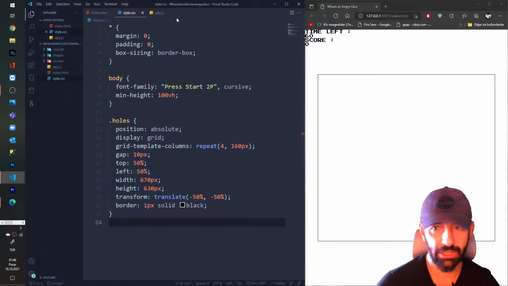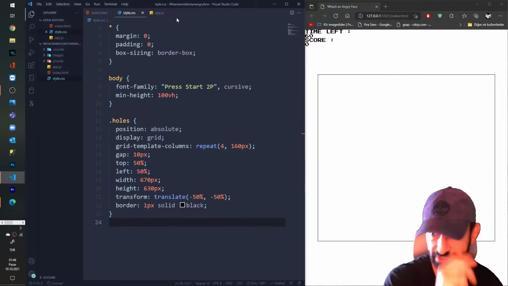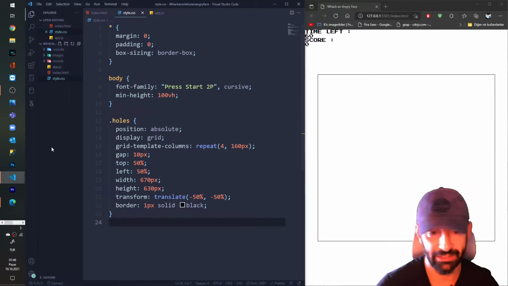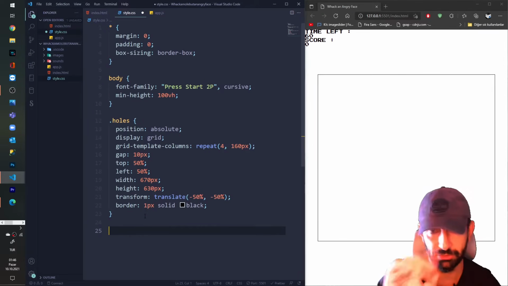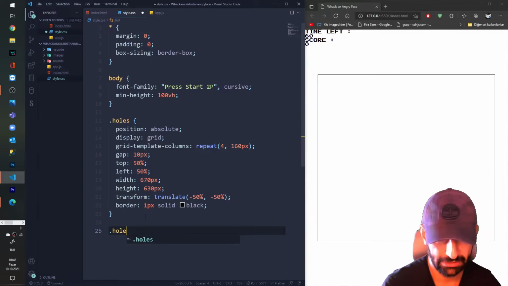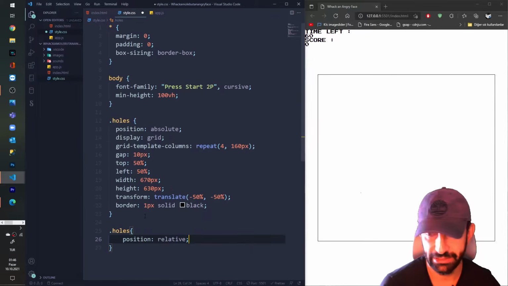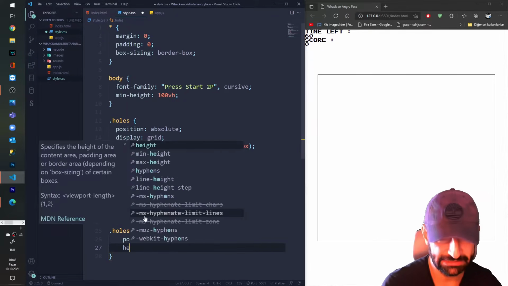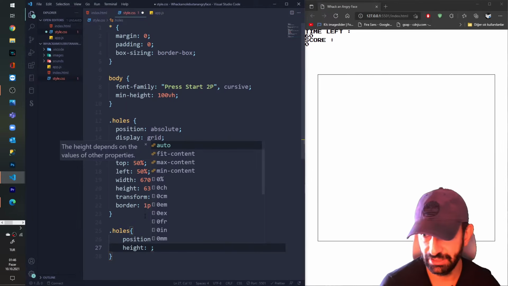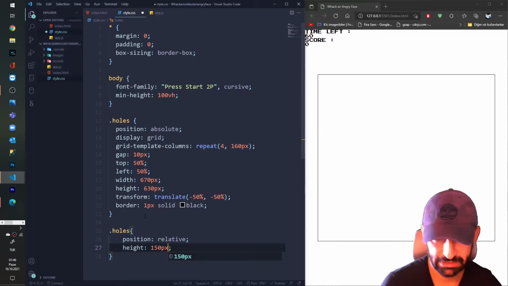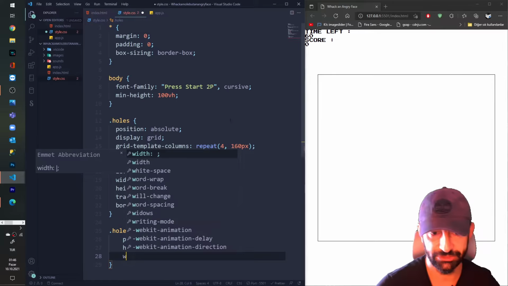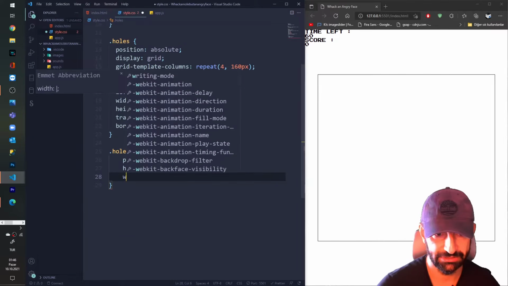So I want to create also the square div, which will be inside my holes div, the main div. It's a child, to be exact. I say hole class div. I say position relative to my holes main div. I say height of 150 pixels, and I give also a width for this. Excuse me, I'm going to get a little bit to the top.